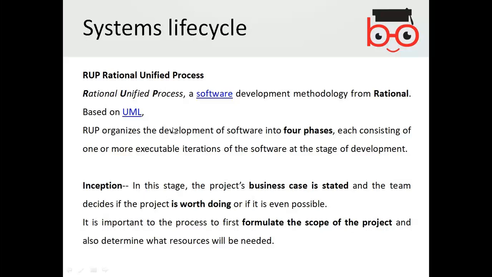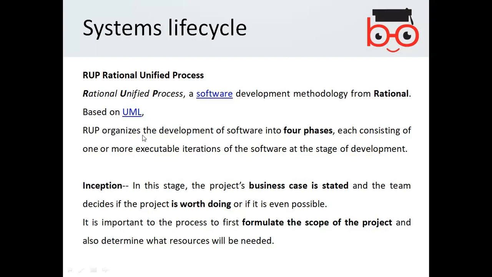So RUP, the Rational Unified Process, has given its own methodology of software development by incorporating the UML, so that whoever is advising or using the Rational Unified Process should use the UML in order to analyze and design the system, as well as to show the system using the UML diagrams.